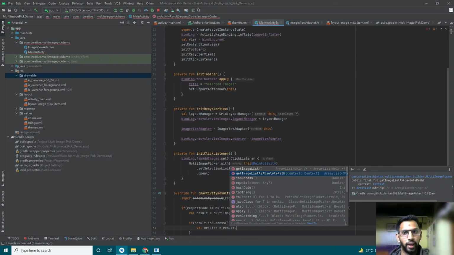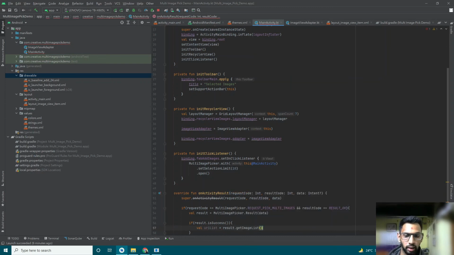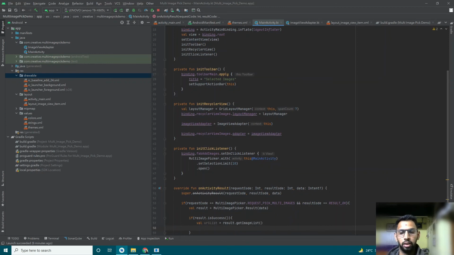We don't have to query for that again. It will be given by the library, we just have to pass the context. So right now we are getting just a URI list for our URI usage, and I am passing this URI list to imageAdapter.addImages.